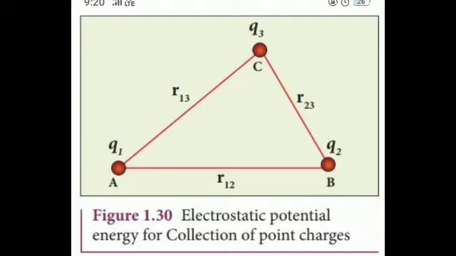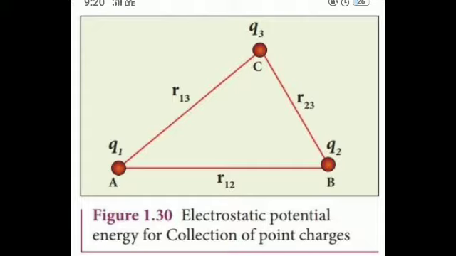The electric potential at a point at a distance r from the point charge q1 is given by V is equal to 1 by 4 pi epsilon naught q1 by r. Already we have studied the formula. This potential V is the work done to bring a unit positive charge from infinity to the point. Now, if the charge q2 is brought from infinity to the point at a distance r from q1, the work done is the product of q2 and the electric potential at the point.